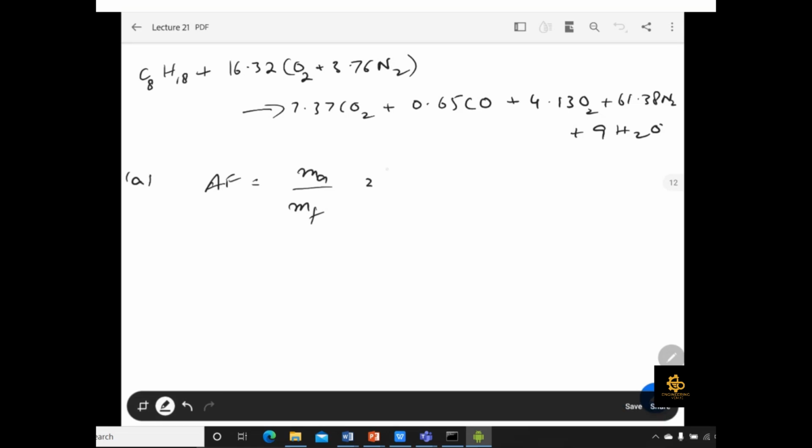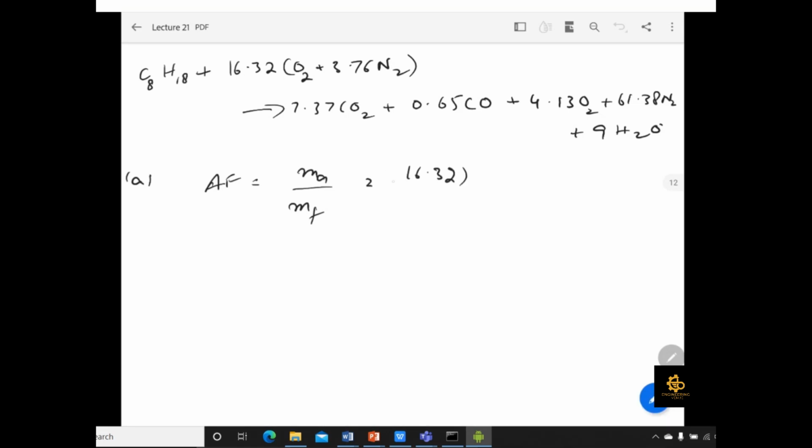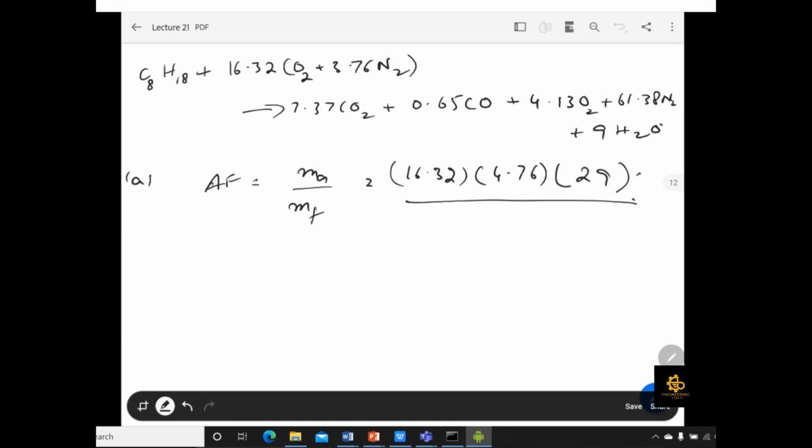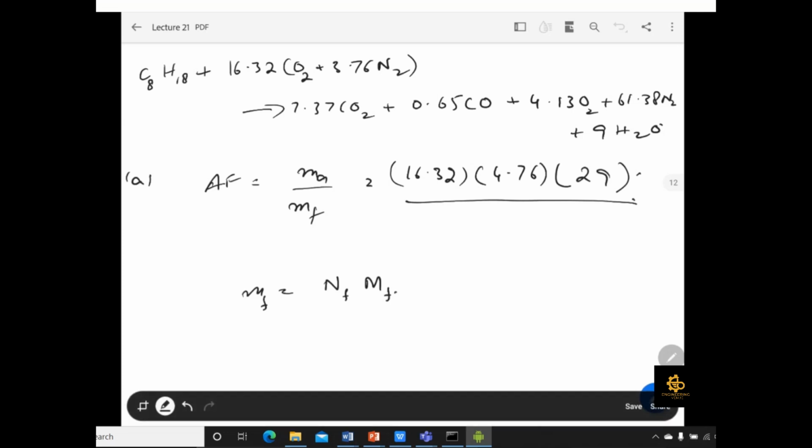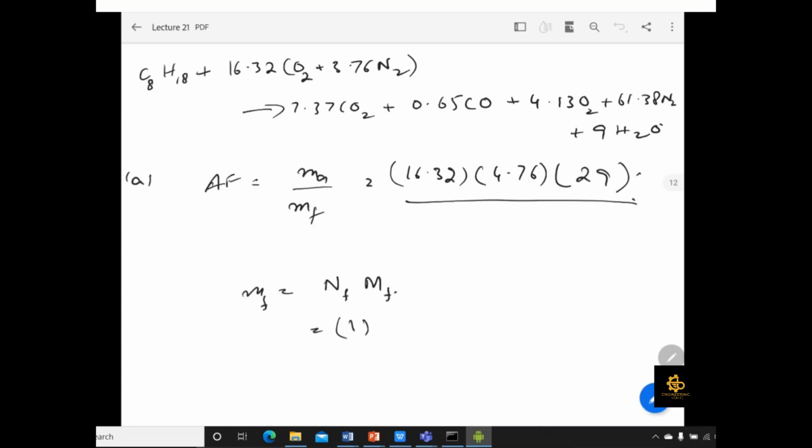Okay, so mass of air you can easily find: 16.32 kilomole into 4.76, which is the moles of air, and into molar mass 29. Okay, so mass of fuel. Here, in the previous question, one student asked where these moles come from. So you can simply use the direct method also. I think you have already studied in chemistry courses that if I want to find the mass of fuel, it is equal to number of moles of fuel into molar mass of fuel. So rather than dividing all the components, you can directly use it. Here the number of moles of fuel is 1, and you directly multiply with the molar mass of